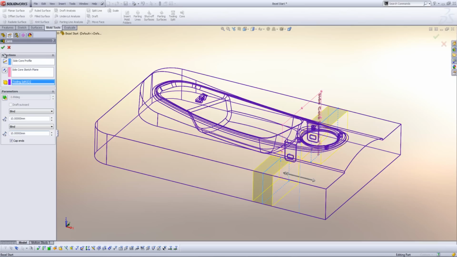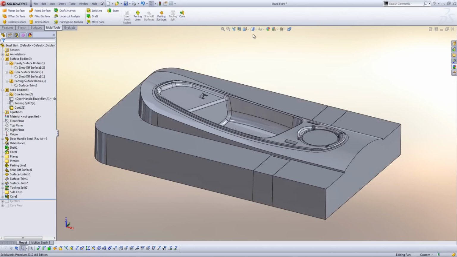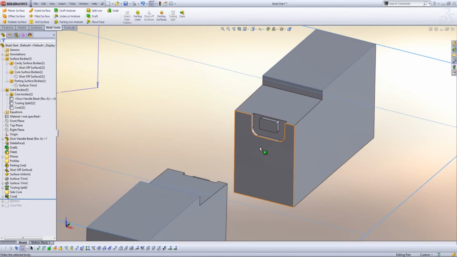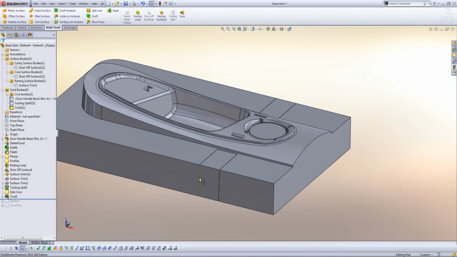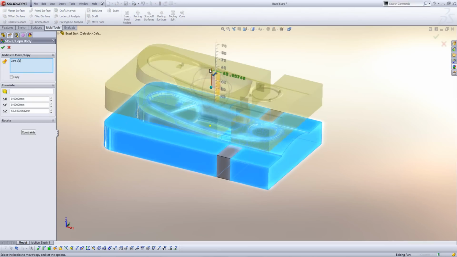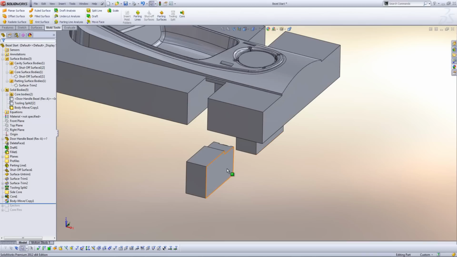So we're just going to add on 10 mil, click the green tick, and what we'll see when we go back into our shaded mode is that it's actually created a separate body within there for us. And if we just take a look at that in a little bit more detail, you'll see that area there that needs to be created by those side cores. Now these side cores won't come out easily at the moment because there's no draft applied, so what I'm going to do is I'm just going to move this item out of the way temporarily, just so we can apply draft a little bit easier, and then we'll apply draft to each of these